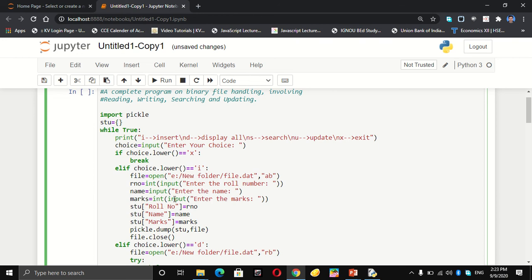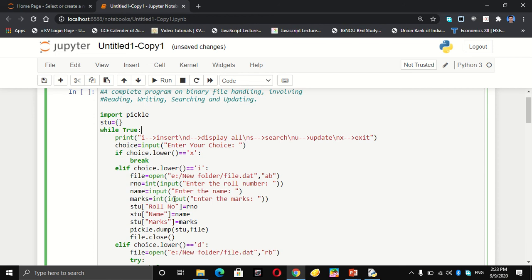This is the import statement, because I want to import the pickle module for binary file handling. Then I have created an empty dictionary. Now I am going into an infinite loop. Yes, infinite loops are sometimes useful.